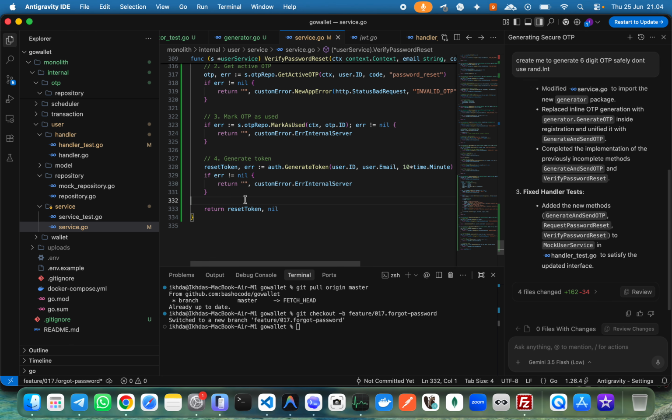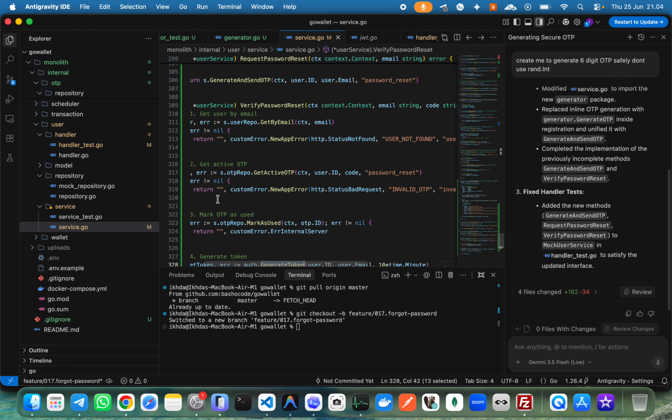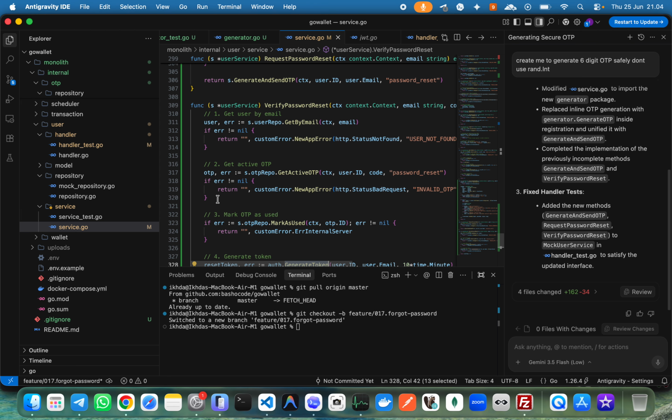What does this mean? Reset token. I think request password is a string, it is not sending the token. I'm sorry for this. I will try to change,